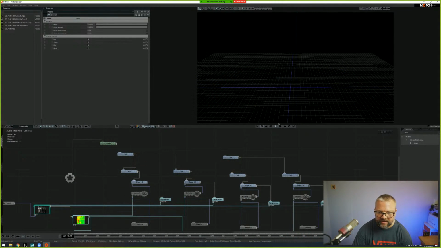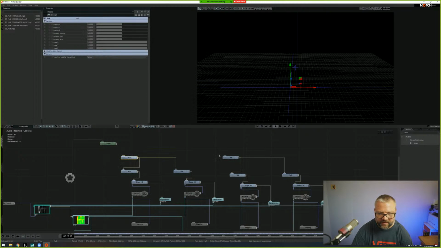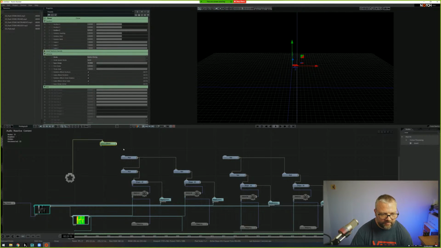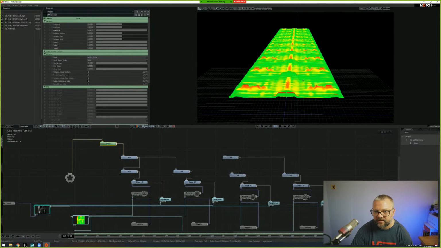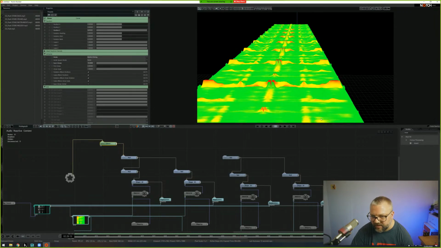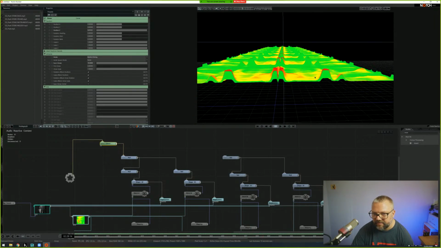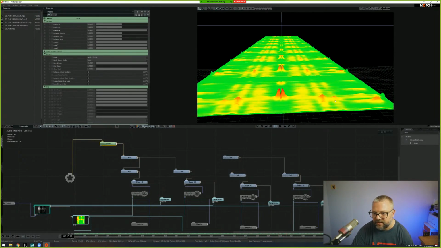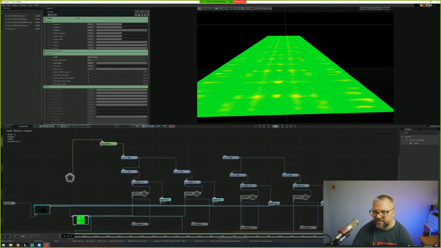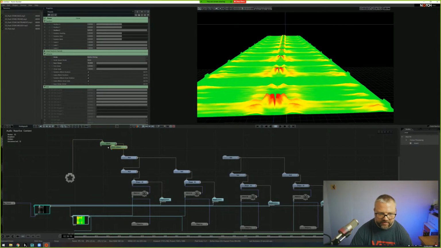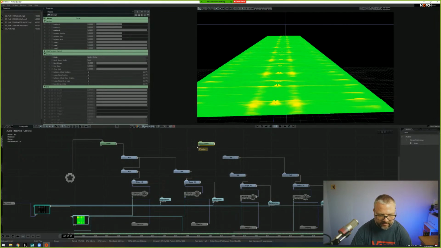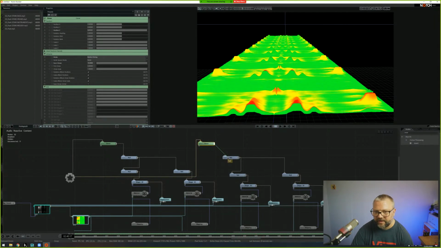Unparent these from the root node, and then throw it back in the cloner. All the time I'm sort of just keeping an eye on that the peaks and troughs are marrying up to my colour information. So I'm going to grab a second version of that cloner for our mesh version,